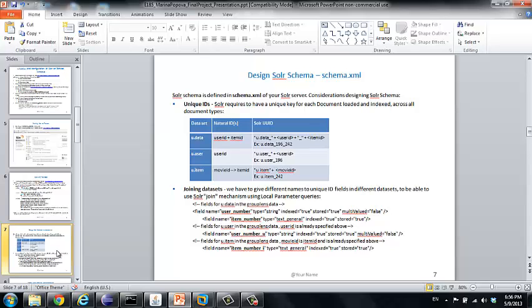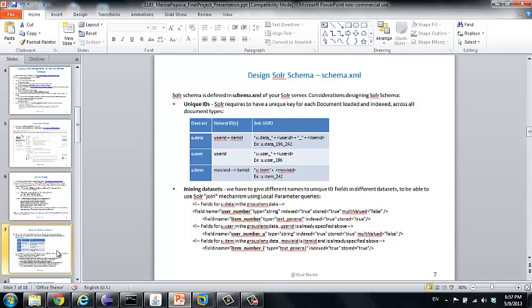So designing Solr schema is pretty important, and you have to decide up front what unique IDs you're going to use and how you're going to join the dataset if you have more than one dataset on the Solr server. So in the case of this test data, I decided to use the user ID and item ID as parts of the unique IDs, because just by themselves they cannot be used as unique IDs because they would not be unique across all the data sets. And the schema that I came up with was to prepend the dataset name to the actual new unique ID